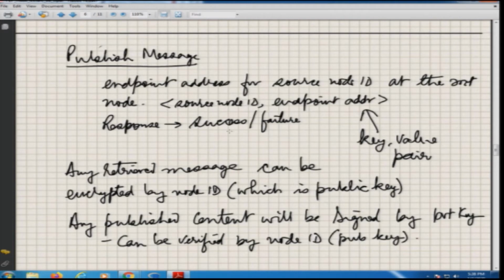So, it is the public key of the node ID or the source ID, depending on what kind of information I need about the sender. If it is a user which is important, it will be the public key of the user which will be used to verify, and the private key will be used to digitally sign it.